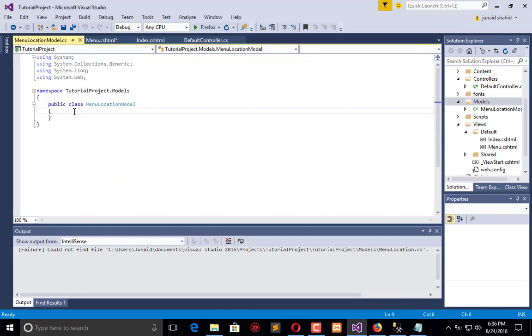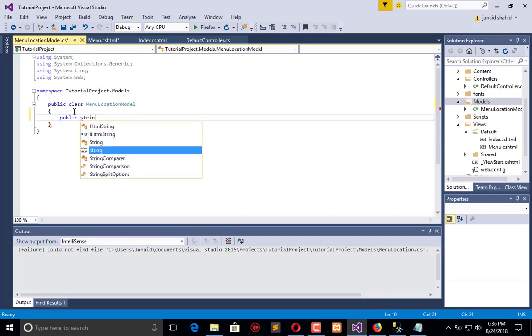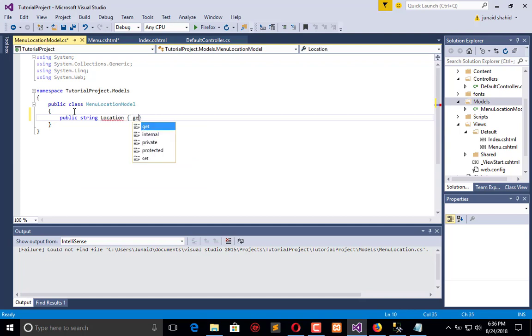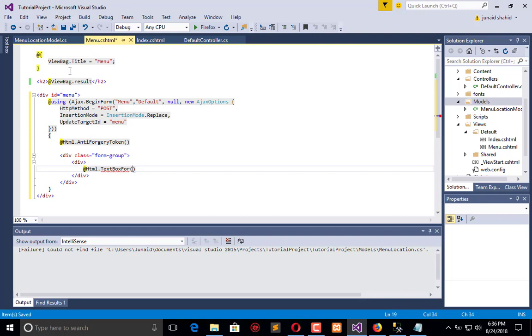In this model we will add a public attribute, public string type, location, create, get, set. Okay, save it. Now come here, use at model project name dot models dot, here is a model I want